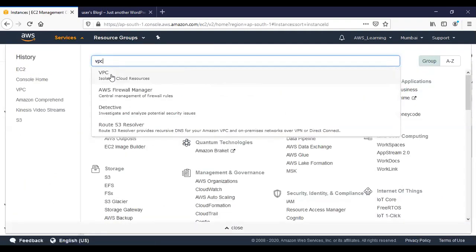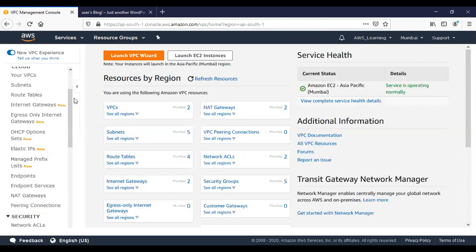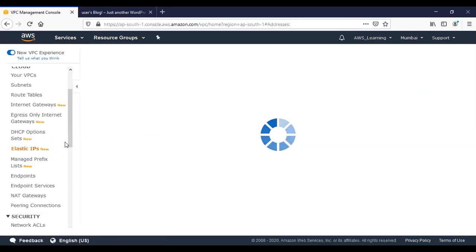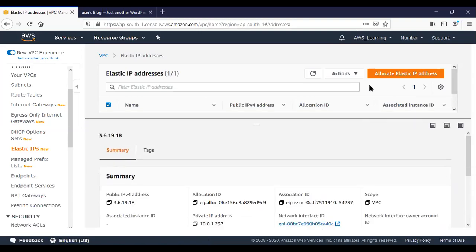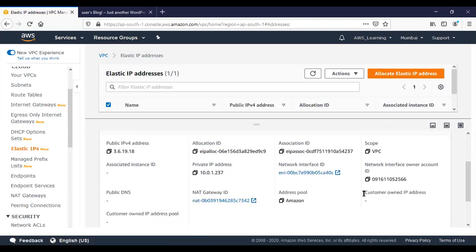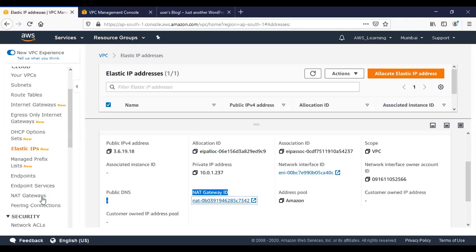If I go to VPC, where can we see the additional things that we have created? If we go to Elastic IPs, we'll see a public IP address being requested from the AWS IP pool, and this is associated with our network interface, and then the NAT gateway. You can click there directly, or you can open it from the NAT gateways.